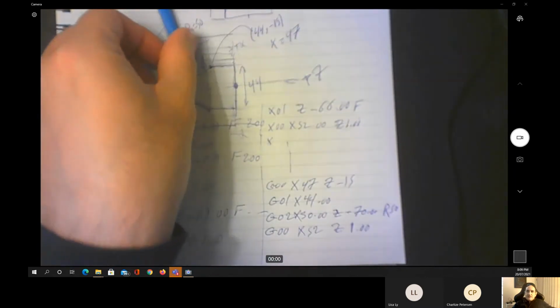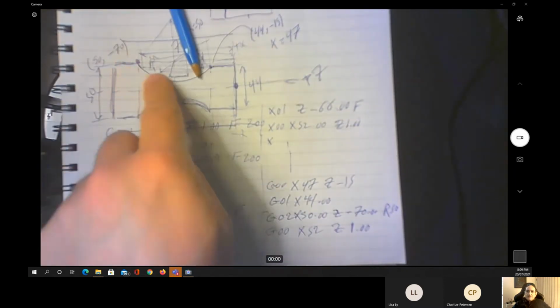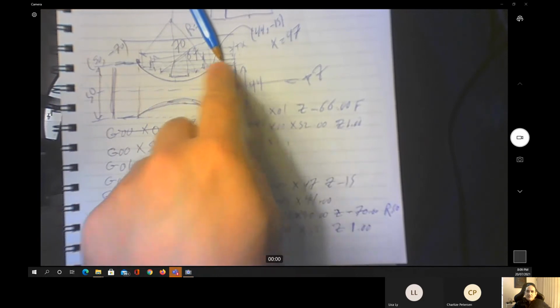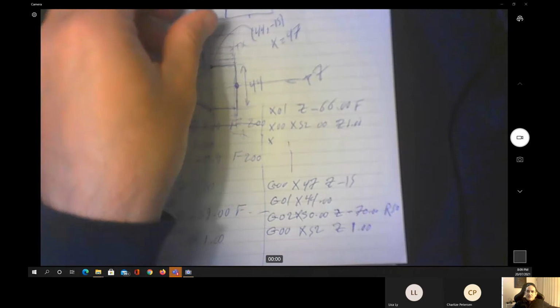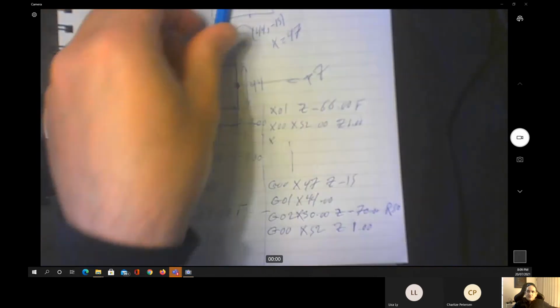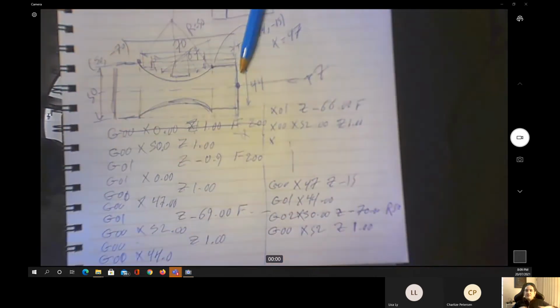And this one actually cannot cut from here to here because this level is higher than that level. And for this one, when I get to reach that point, it's going to not cut this vertical shape. So the tool is going to have some problem with that,